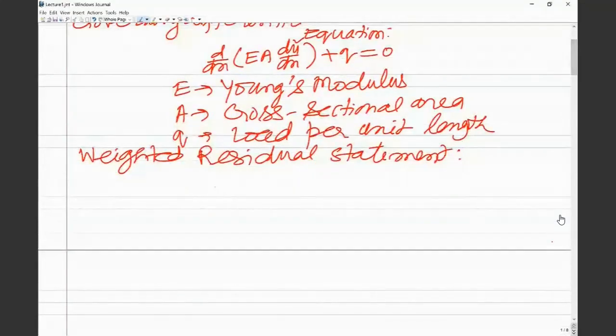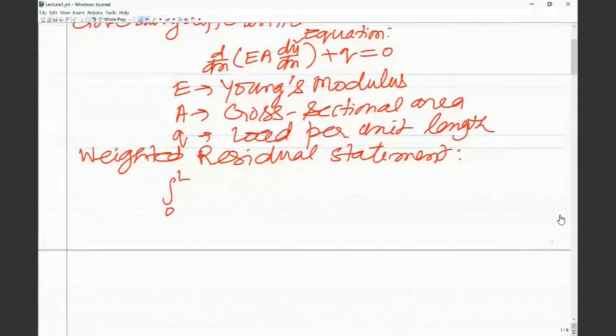as I said, when we substitute the approximate solution, although I'm going to use the same notation for the exact solution and the approximate solution, when we write it in the weighted residual statement, it is understood that u is an approximate solution, and when we write the strong form, that is this differential equation, then u is the exact solution of the differential equation. So the weighted residual statement is integration over the domain. Because this is a one-dimensional problem, the integration is from 0 to L,